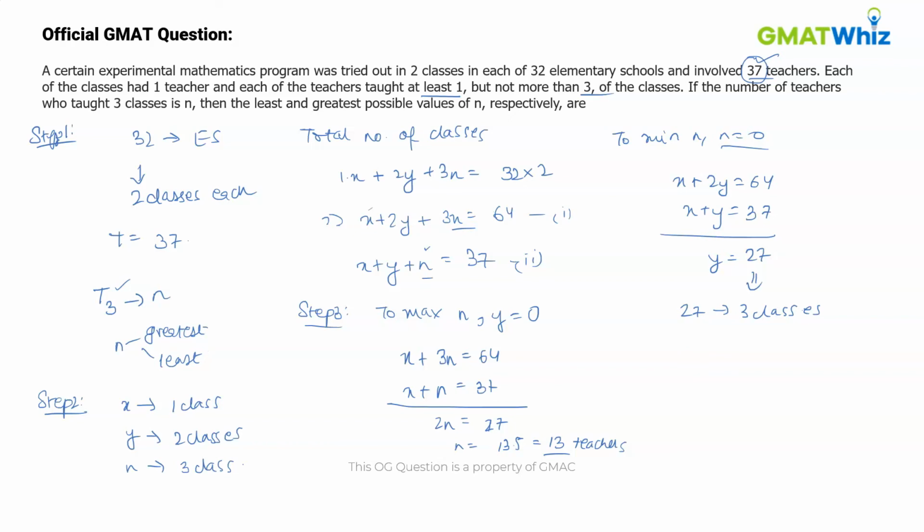So we can say that the minimum value of n is 0 and the maximum value of n is 13. Hence the correct answer is option